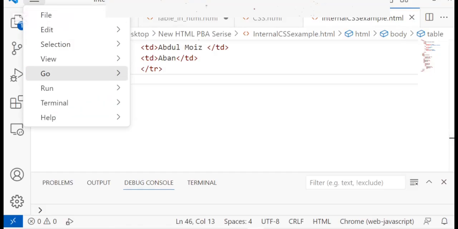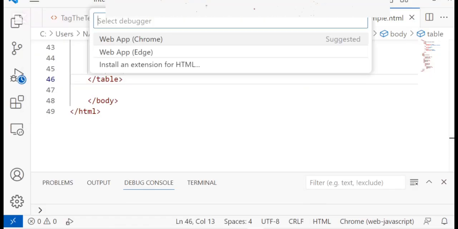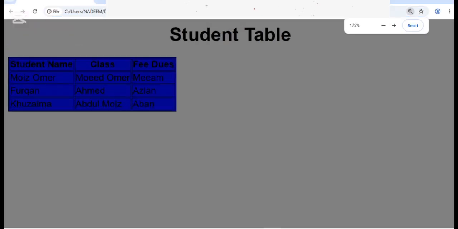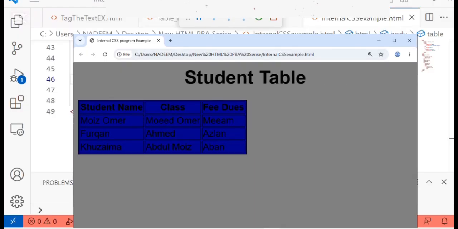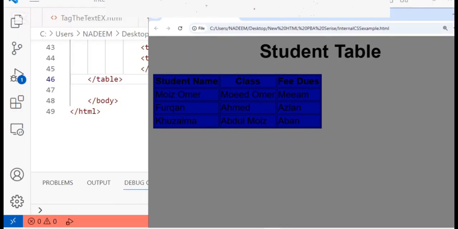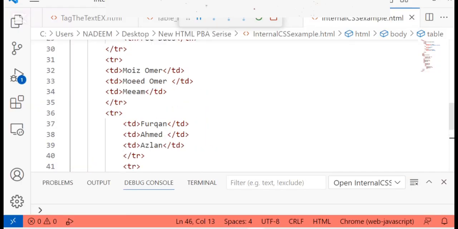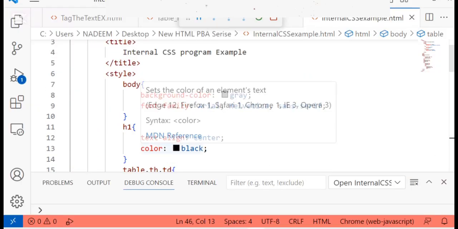So here you can see the difference is we cannot see the color, it's not visible. So let's change the color of heading. First of all, student table, I'm going to change the color of heading. So where can I change it? Yes, from h1 I have to change this color to white.